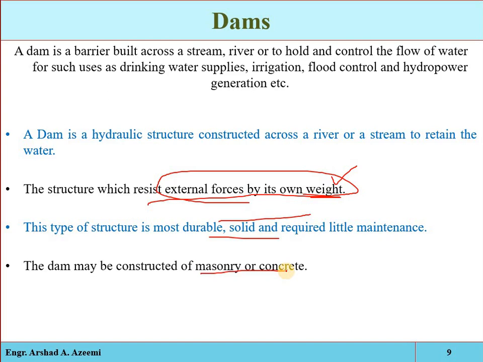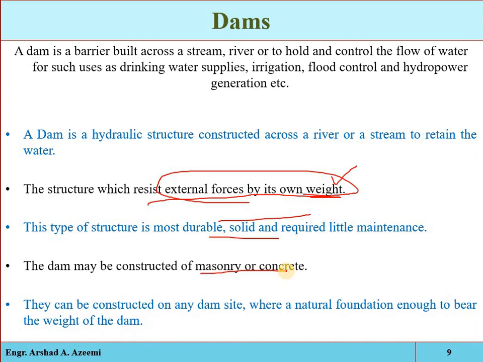Okay, stone, bricks, steel, timber, even rubber can be used for the construction of the dam structure. But remember, the material required for its construction must be available locally or at a short distance from the construction site. And they can be constructed on any dam site. As we have discussed, we have to look into the topography, the cost of construction, and the foundation condition. The foundation must be strong enough to resist the weight of the structure. There will be no sliding shear failure between the structure and the foundation,